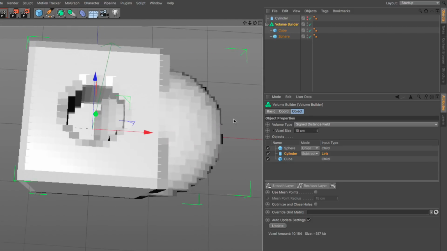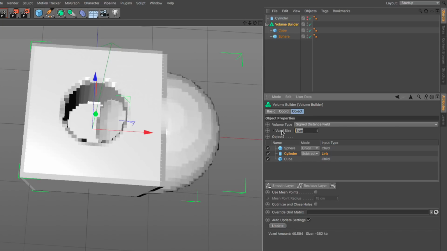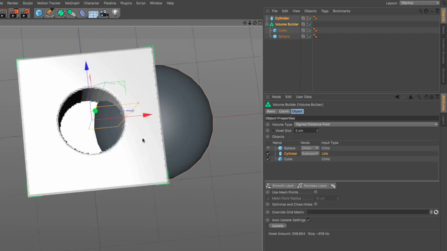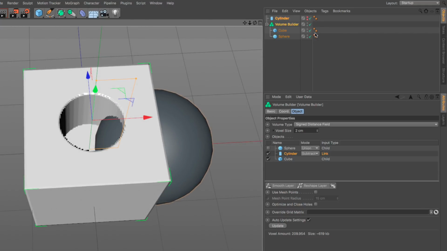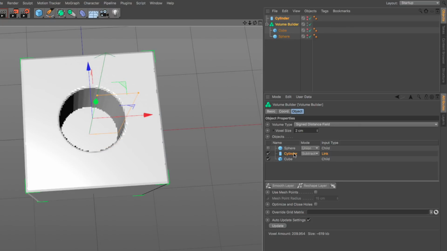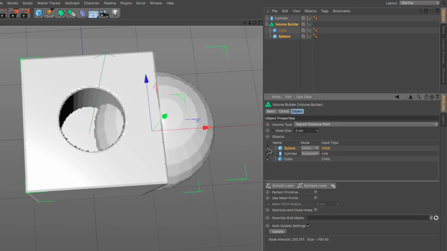And what you can see here, if I increase the resolution of my voxel even more, I'll make it 2 centimeters. Now you will see that the cube has the cylinder subtracted. So this is what happens. The cylinder is subtracted. Let me make these invisible so they don't interfere with what I'm doing. Excellent. So now the cylinder is cutting a hole in the cube, and then the sphere is adding itself on